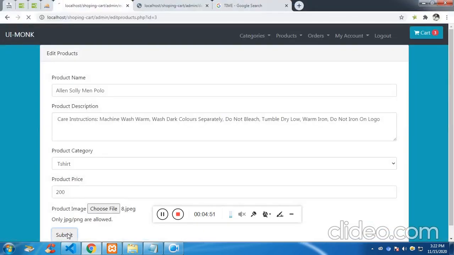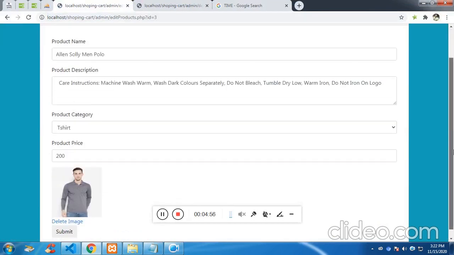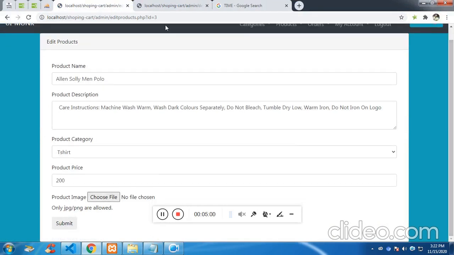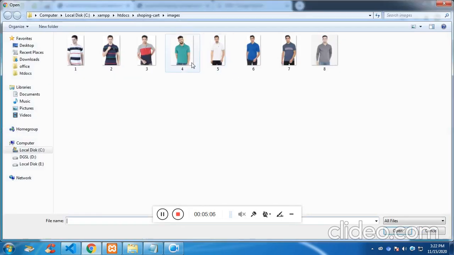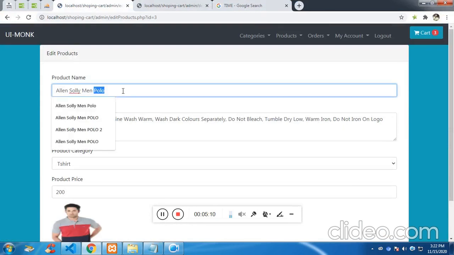and click submit. Image is viewable. Refresh. Image is viewable. Delete the image. Refresh. Image is gone. Let's add one more image, different image, this one. Submit. Image is updatable. Let me change the brand to